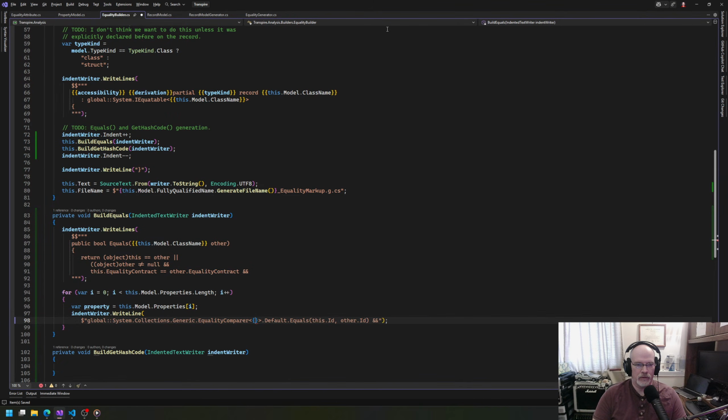I didn't mean that. Property dot fully qualified type name equals, and now these names need to be the same. Property dot name, other dot name, and then this,